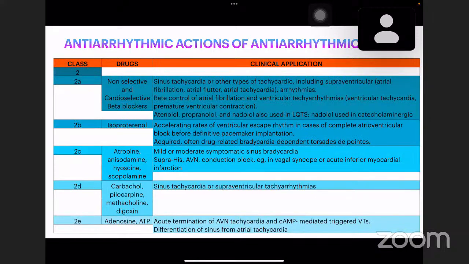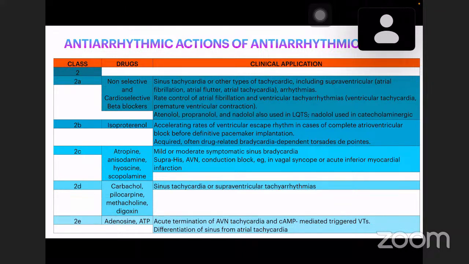Okay, coming to class 2 drugs, beta blockers, as we know: sinus tachycardia, all other types of tachycardia, including supraventricular and ventricular tachycardias. They can also be used for rate control in atrial fibrillation and ventricular arrhythmias. Atenolol, propranolol, and nadolol are also used in long QT syndrome. Nadolol is used in